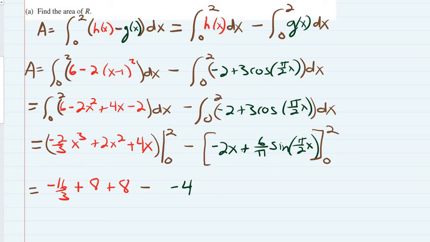And if I were to put 0 in, I'm going to get 0 plus sine of 0, which also is 0. So really all that I get in evaluating using the fundamental theorem of calculus on the second one is just a value of negative 4. And so when we throw all of this together, it's going to end up being 8 and 8 is 16 plus 4 is 20. It's going to be 20 minus 16 thirds. And when I do that, I'm going to end up with 44 thirds as my final answer for the area